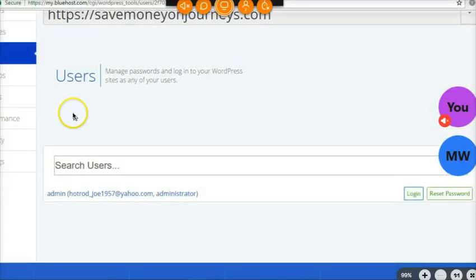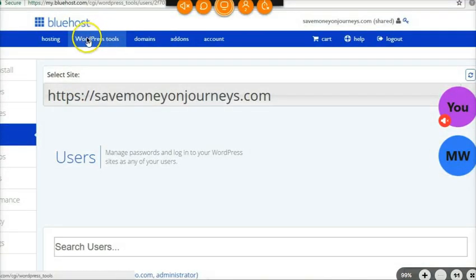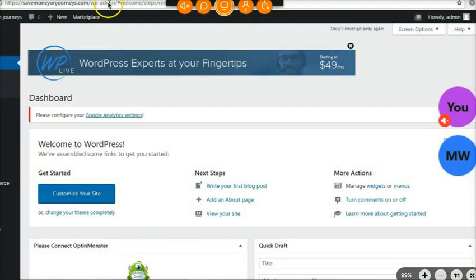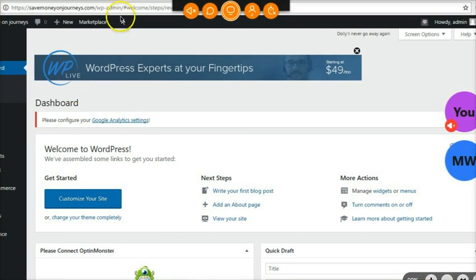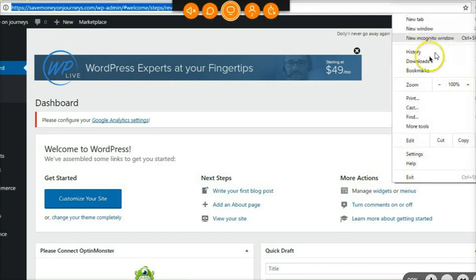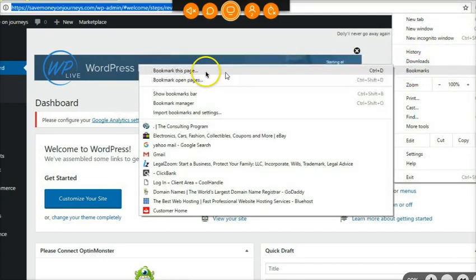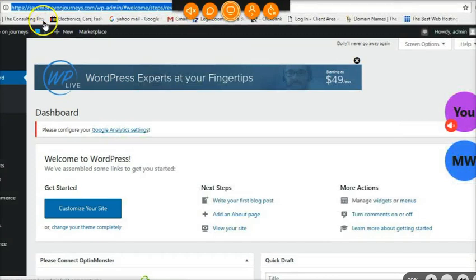If you're using Bluehost, this is one way to get into the WordPress tools. You go to your users and click the link to sign in. But what you can see here in the URL at the top is the login, wp-admin. So if you just save this, let's show the bookmarks bar. I would suggest saving this to your bookmarks down here somewhere